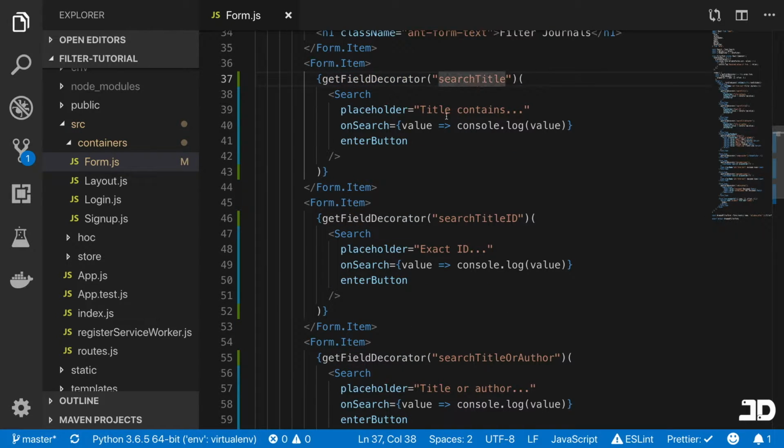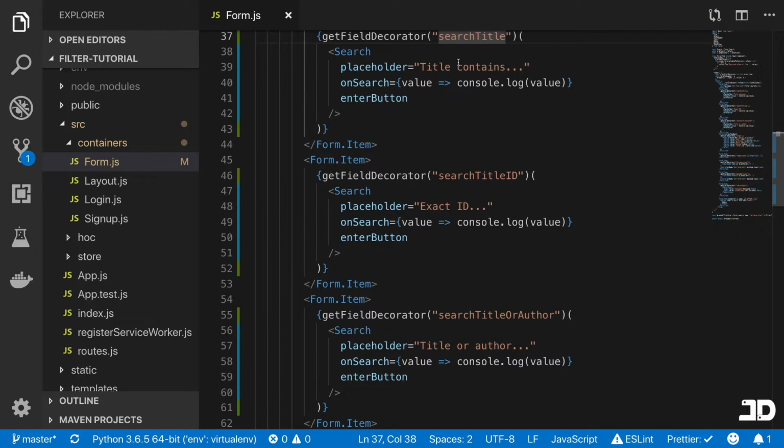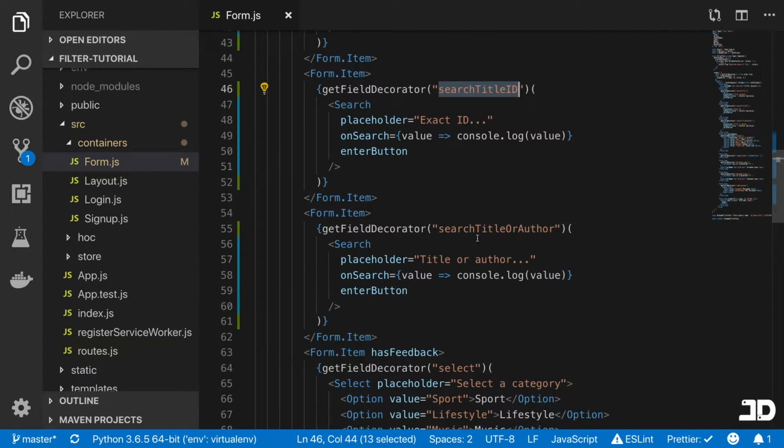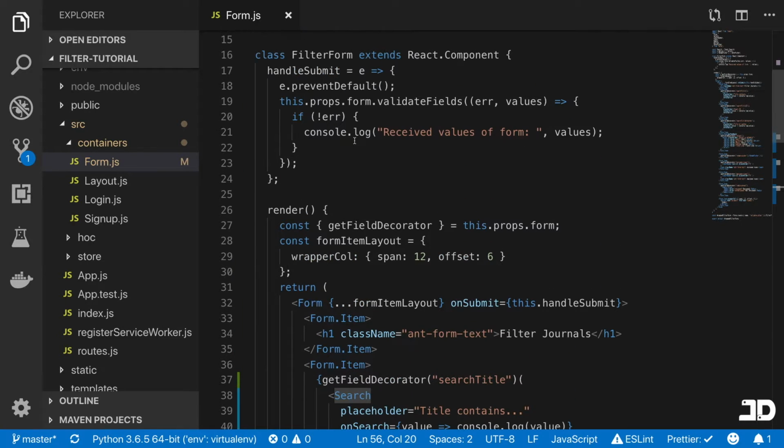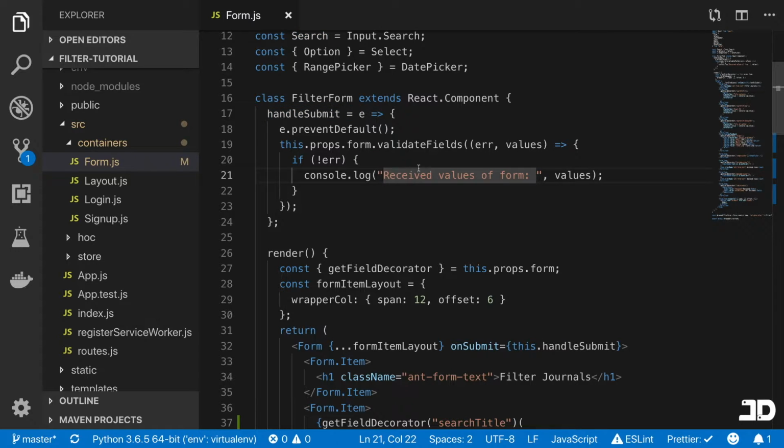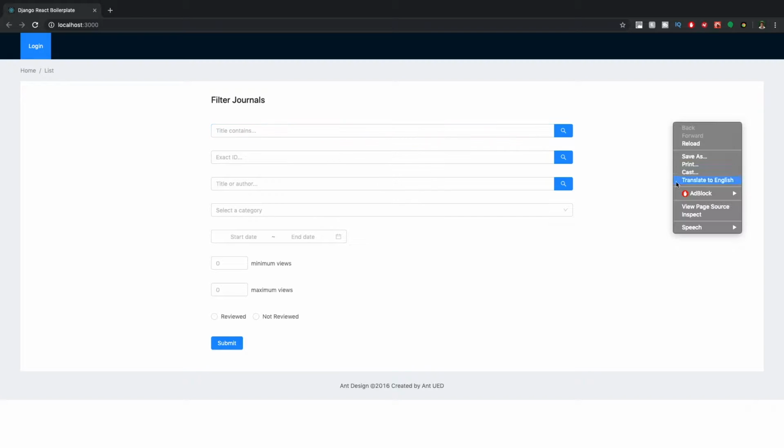So we've got the search title as the first one, then search title ID, and then we've got search title or author as the third one. And so what I'm going to do is just go up here to this handle submit, and we're just going to take a look here at what gets logged out. So if we just inspect here,